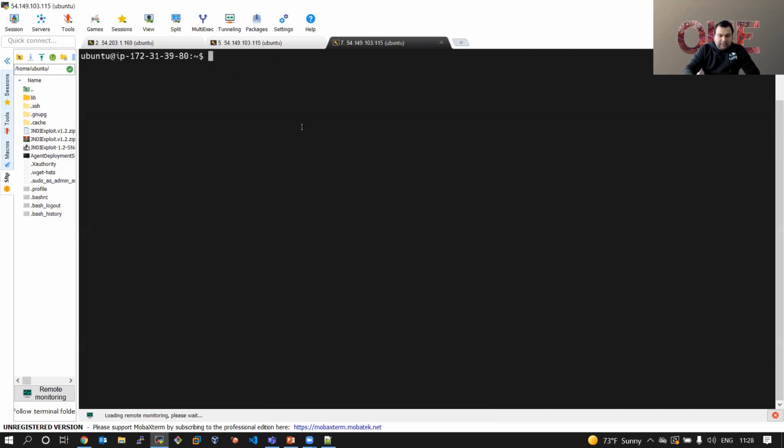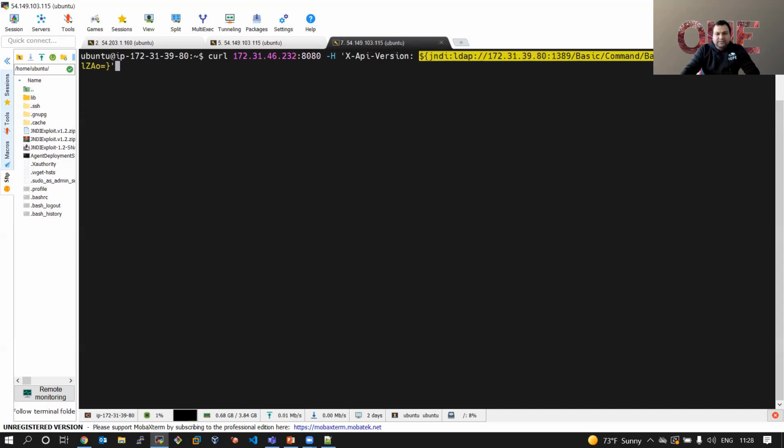In this command, this is the exploit I'm running. What I'm trying to do is send this particular command to the remote vulnerable server with the IP of 46.233, on port 8080. It also sends a payload which looks like this. With the help of JNDI lookup, Log4Shell, the logging library, is going to execute this and reach out to this malicious LDAP server and download additional payloads to complete that RCE.